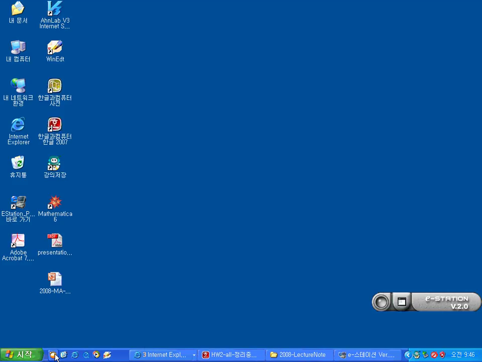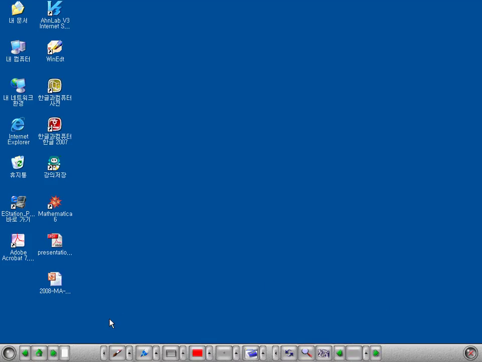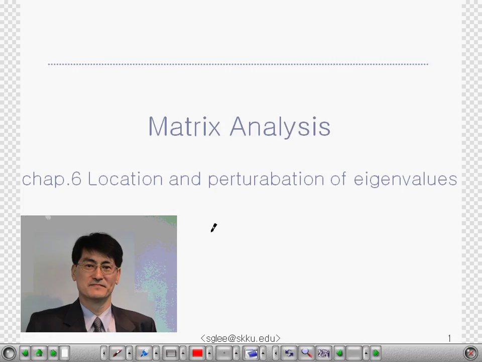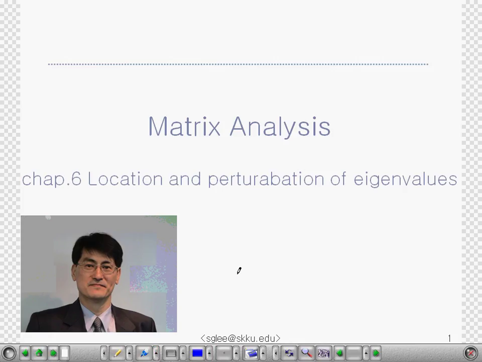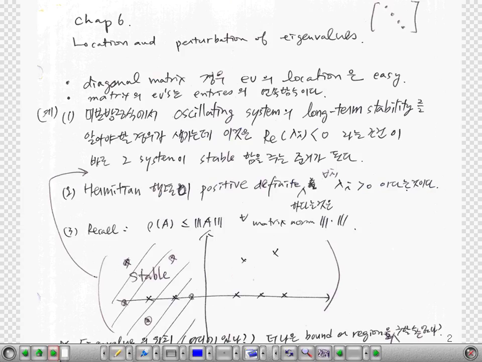Okay, chapter 6, location and perturbation of eigenvalues. Location of eigenvalues, chapter 6. In chapter 6, location of eigenvalues. For the case of diagonal matrix,